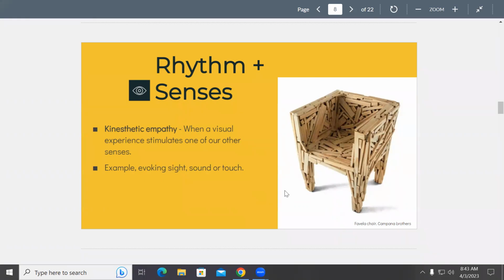And also, can you feel, when you're watching a film, without being in the scene or playing the scene, the emotions and how the story goes? We call that effect kinesthetic empathy. It's like when you are looking at this furniture piece,